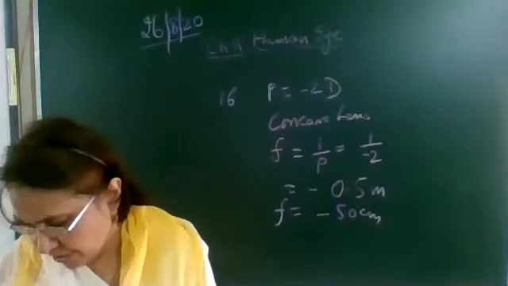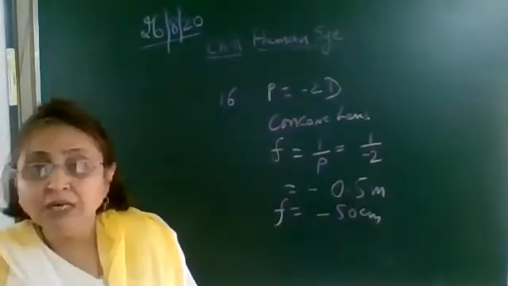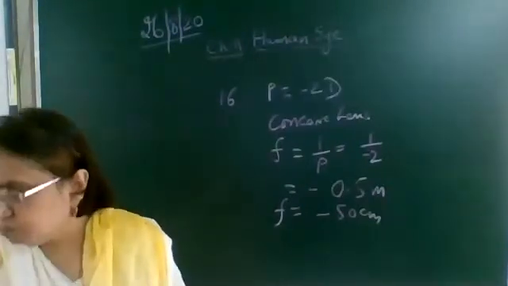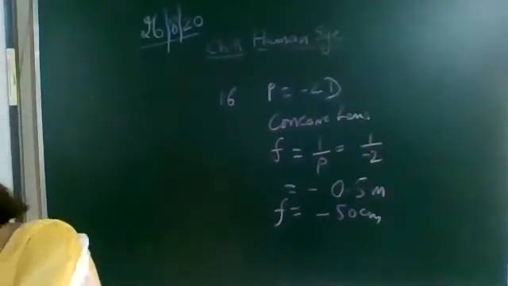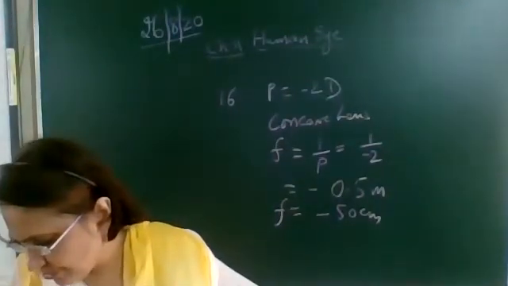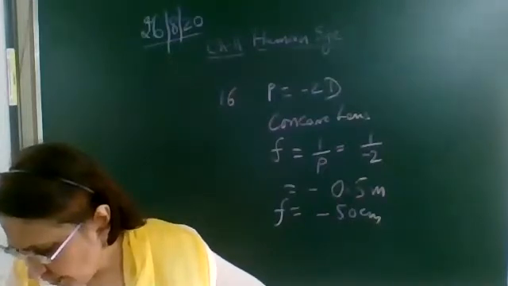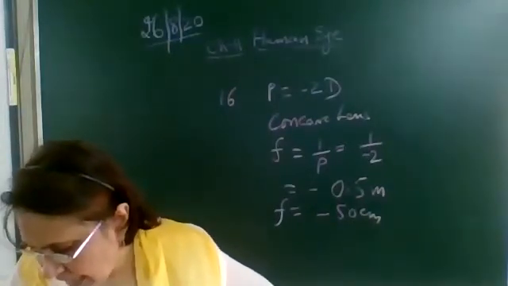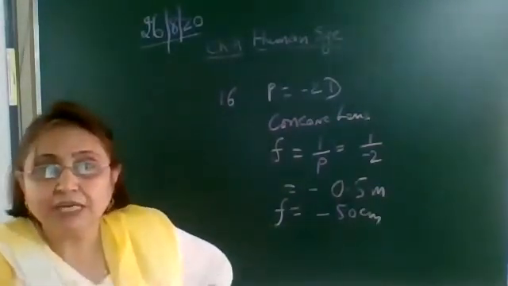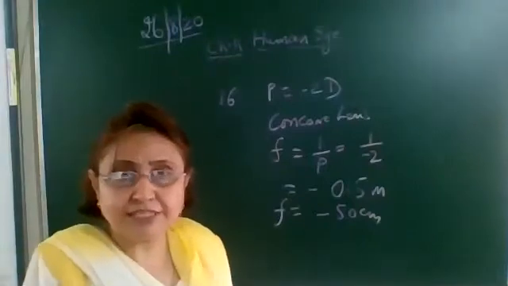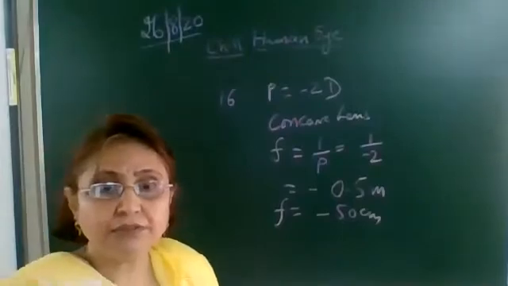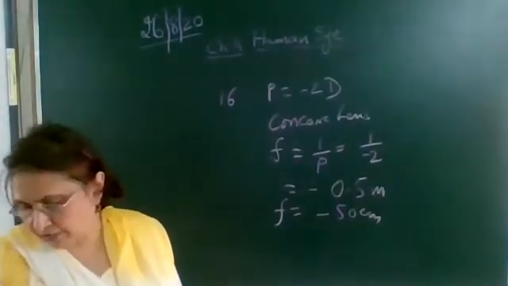Okay, next question, question number 17. Hurry up, try to do it. A doctor has prescribed a corrective lens of power plus 1.5D. Find the focal length of the lens and is the prescribed lens diverging or converging. Those who have not done, same type, exactly same type. I give you 30 seconds to solve it. You have to find out the focal length.